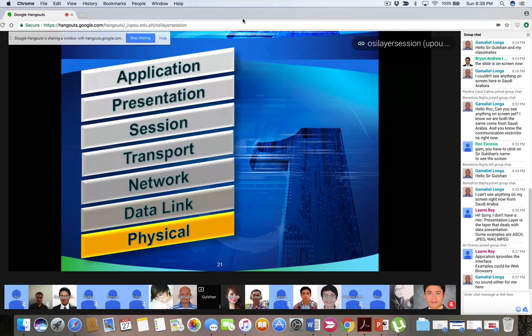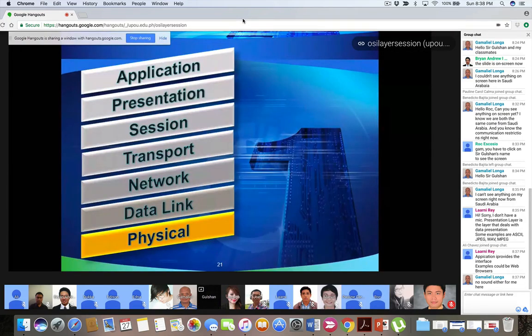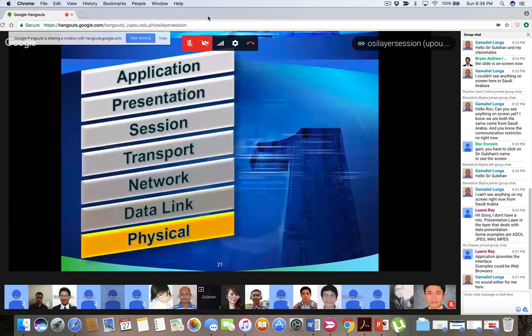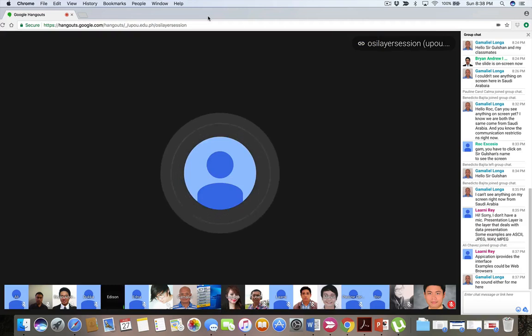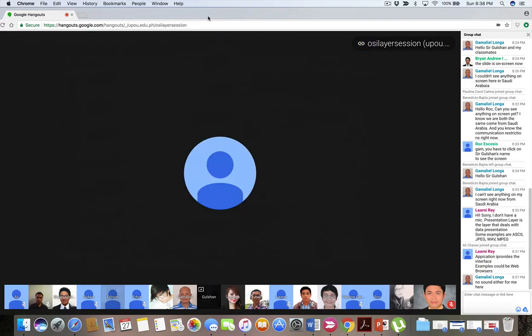Physical layer. Can anyone explain any vulnerability? If I am a hacker, how can I hack the physical layer? If someone directly connects to the network through Wi-Fi or Ethernet, that's one vulnerability for the physical layer.